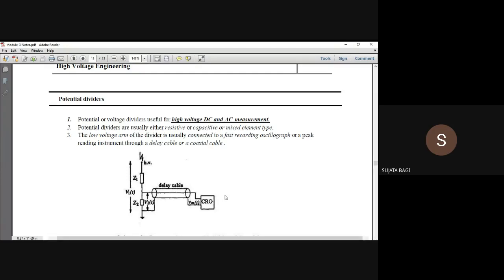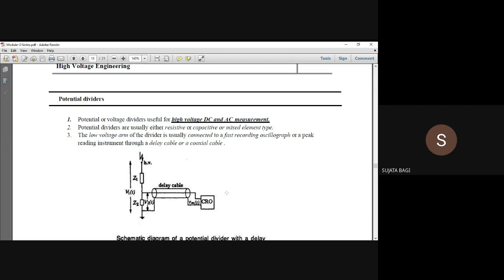Okay, dear students, today's topic will be high voltage DC and AC measurements. In previous videos I went through how this generation has to be done, and based on that we can measure the components, both DC as well as AC measurements. This comes under Module 3, measurement. The main topics we have discussed are HVDC and HVAC.